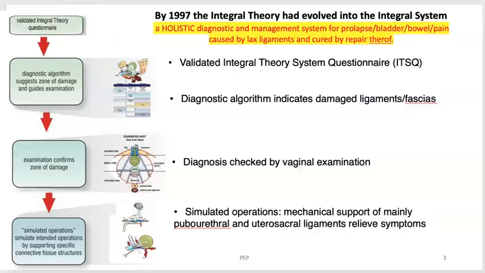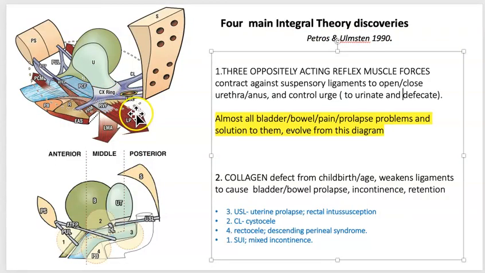The first and most important discovery was that three oppositely acting reflex muscle forces, here forwards pubococcygeus, backwards levator plate, downwards conjoint longitudinal muscle of the anus, contract against suspensory ligaments. These two contract against the uterosacral, this one contracts against the pubourethral. There it is there. So they contract against suspensory ligaments to open and close the urethra and the anus, and